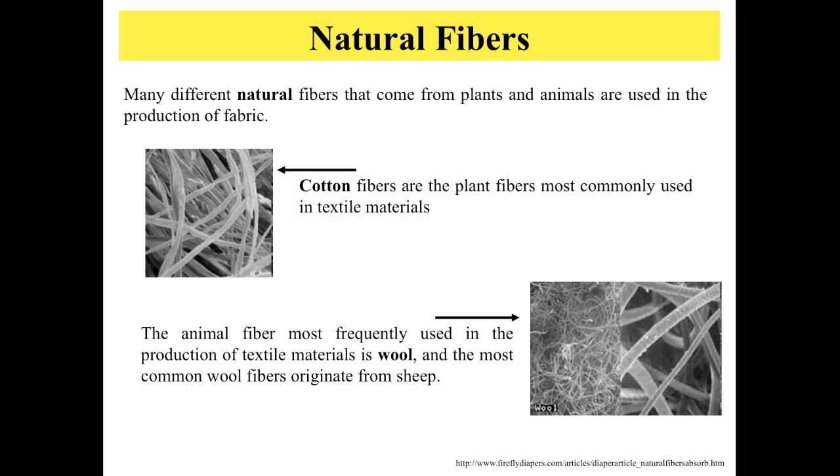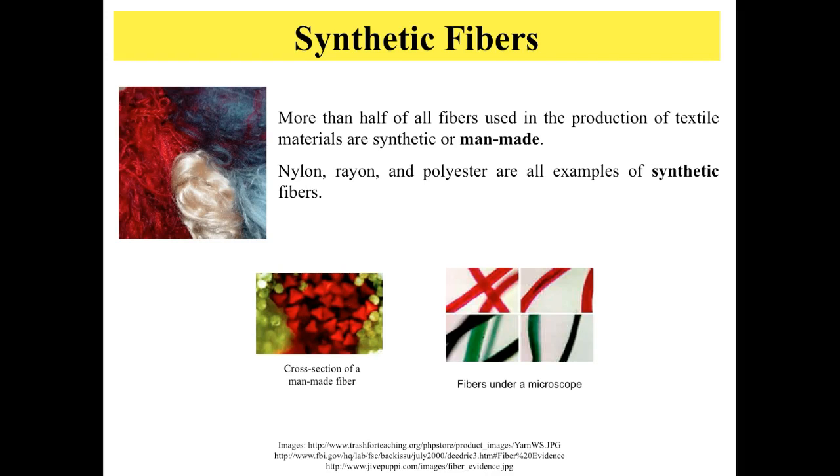The identification of less common animal fibers at a crime scene or on the clothing of a suspect or victim would have increased significance. More than half of all fibers used in the production of textile materials are man-made. Some man-made fibers originate from natural materials such as cotton or wood. Others originate from synthetic materials. Polyester and nylon fibers are the most commonly encountered man-made fibers, followed by acrylics, rayons, and acetates. There are also many other less common man-made fibers. The amount of production of a particular man-made fiber and its end use influence the degree of rarity of a given